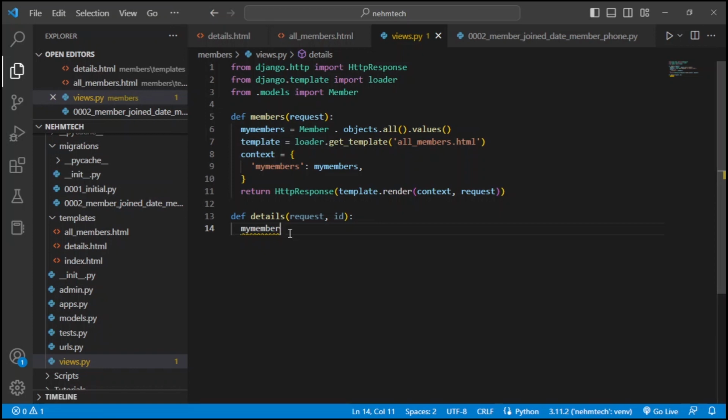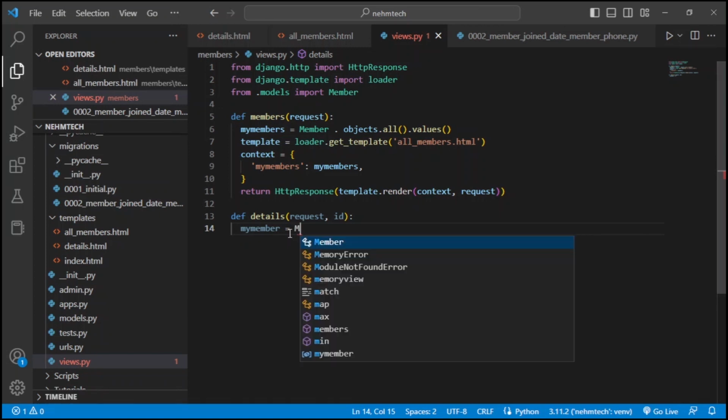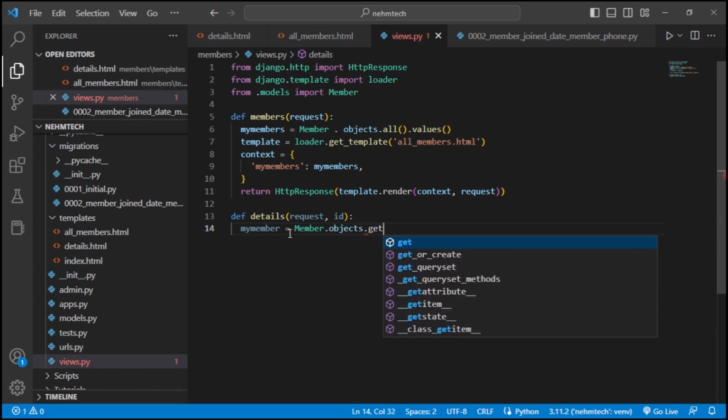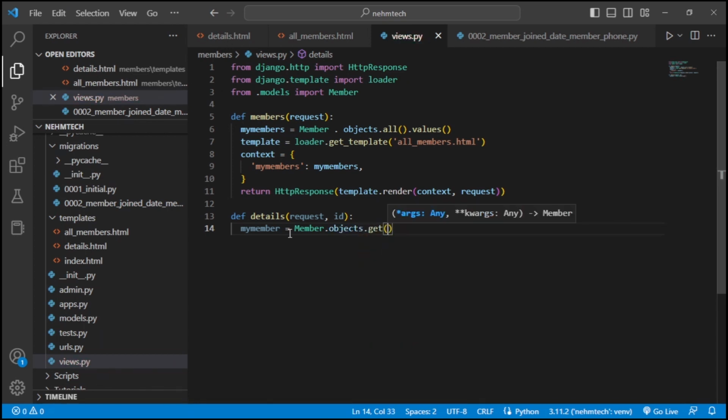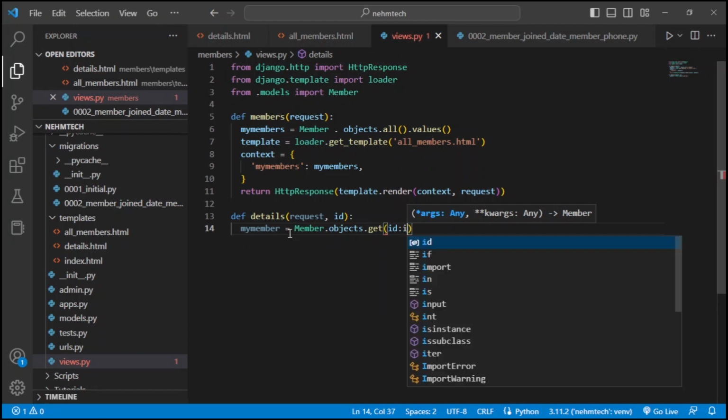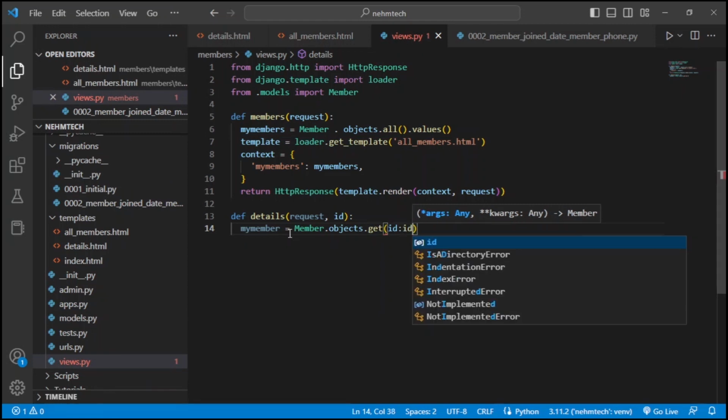So let me say my member, then assign it to the member model, Member dot objects dot get, then we want to get the ID. Let me say ID equals ID. So what you do in the next code,